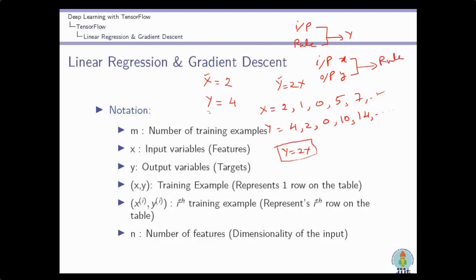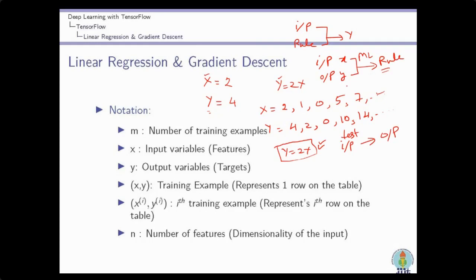How is it possible for a machine to find the relationship between x and y? Once we find the relationship using machine learning, we can give any test input and it will definitely give the output, because we have formed the rule. This is the basic idea behind machine learning and deep learning, where we have the input values and the corresponding output values.